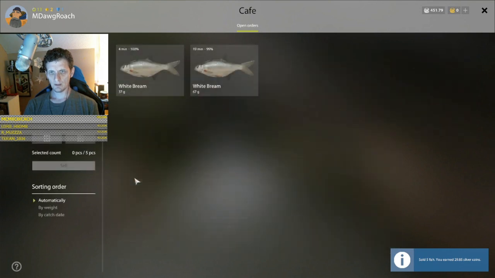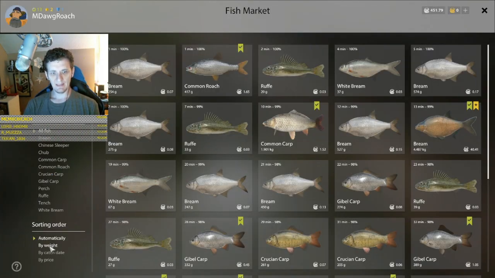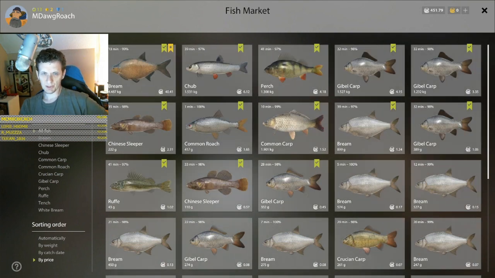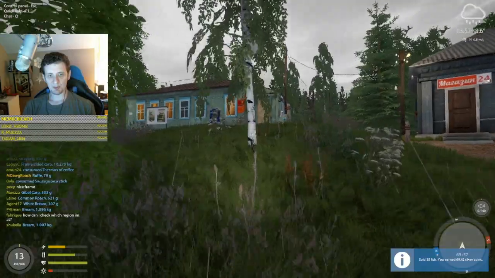Oh, gosh. Keep going and going, making more and more silver. And then we're about to get another achievement for most expensive fish we've sold. And that's another 69 silver. We did so good this session. So we're up to 521 silver. And I think at this point,